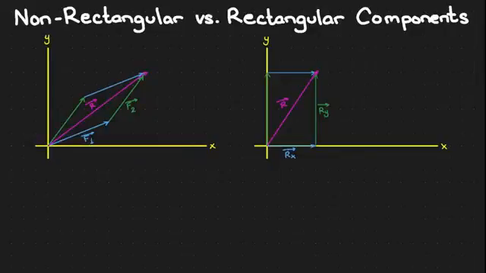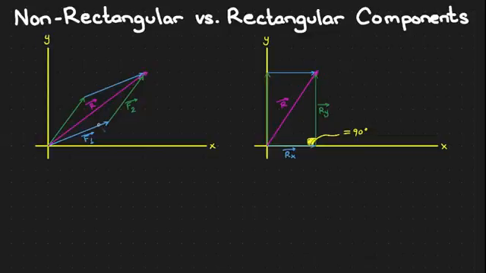Let's examine two systems, non-rectangular versus rectangular. As you can see, there are two parallelograms. The one on the right is a very special one because the two components create a right angle, meaning the angle between our x and our y, which are the two components of the resultant r along the x-axis and along the y-axis respectively, is equal to 90 degrees, therefore creating a rectangle, thus the name rectangular component system,